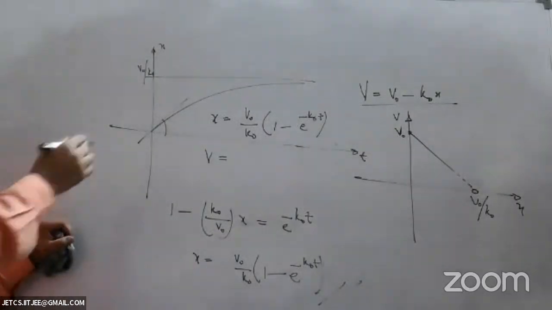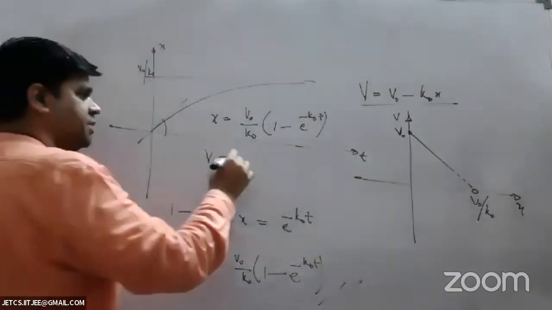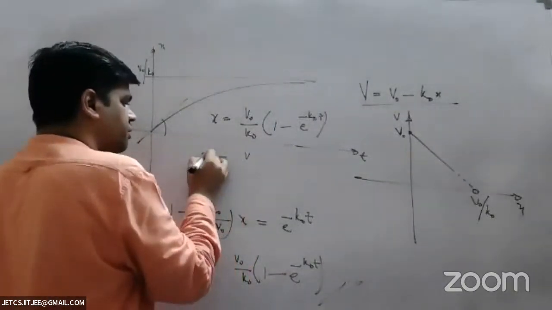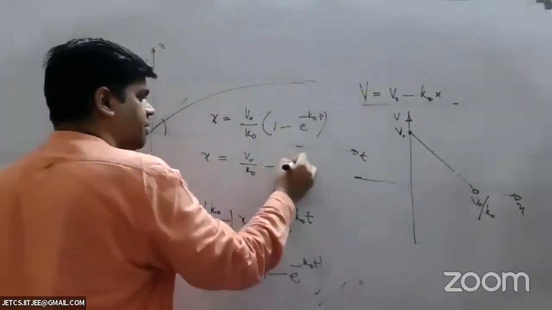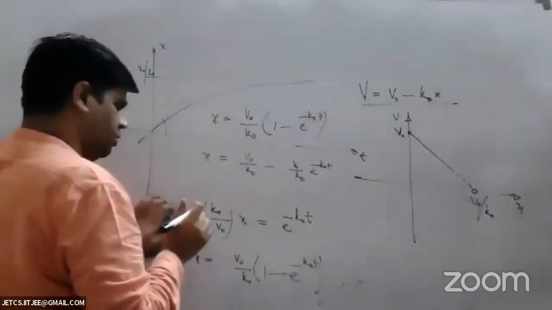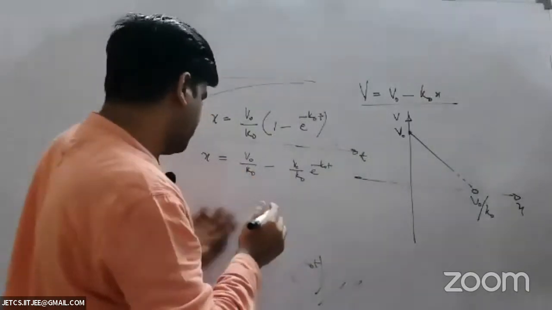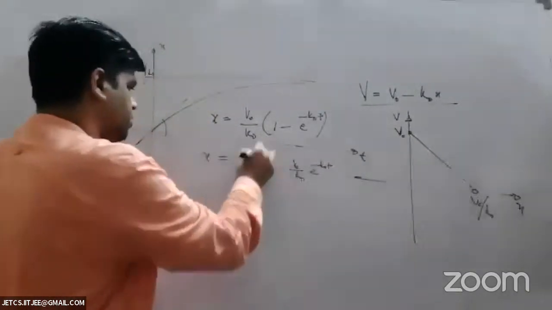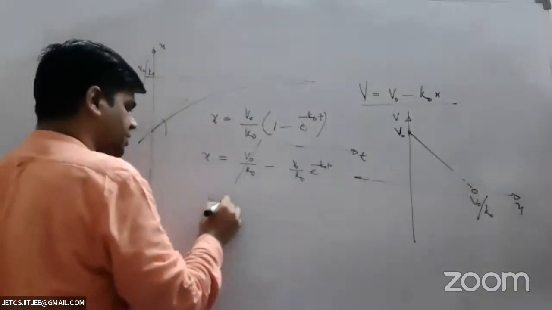How do I find v? All I have to do is differentiate. Differentiate చేస్తే ఏమొస్తుంది? So x is equal to v0 by k0 minus v0 by k0 into e power minus k0 t. This is constant, so the derivative of a constant is 0. This goes away. So I'll have v is equal to